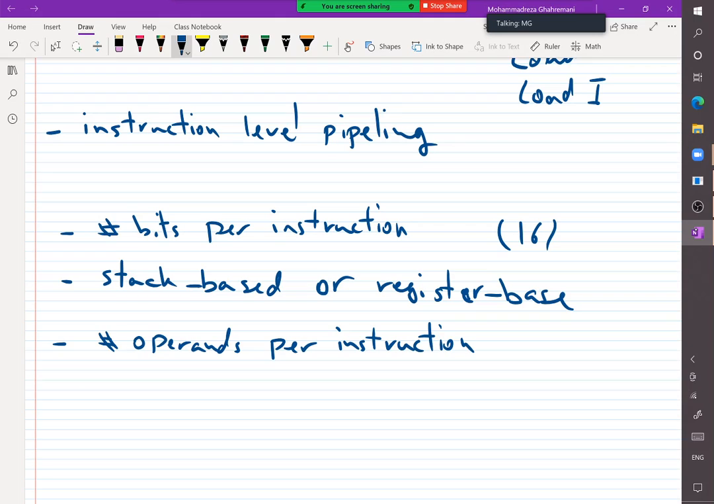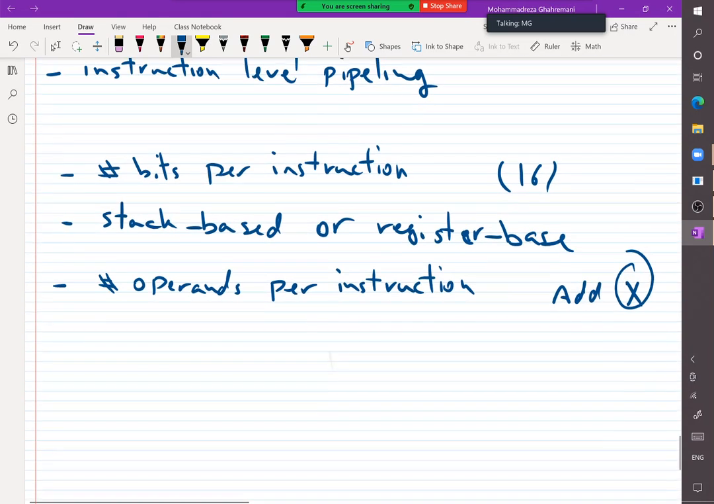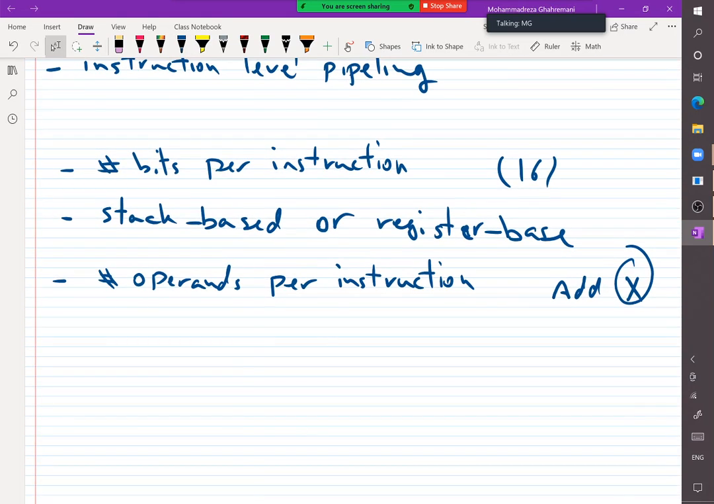In Mario processor, we had only one operand per instruction. For example, add X. We have only one operand. And what does it do? It adds X with the accumulator and stores the result in accumulator. Okay, so number of operands per instruction also is